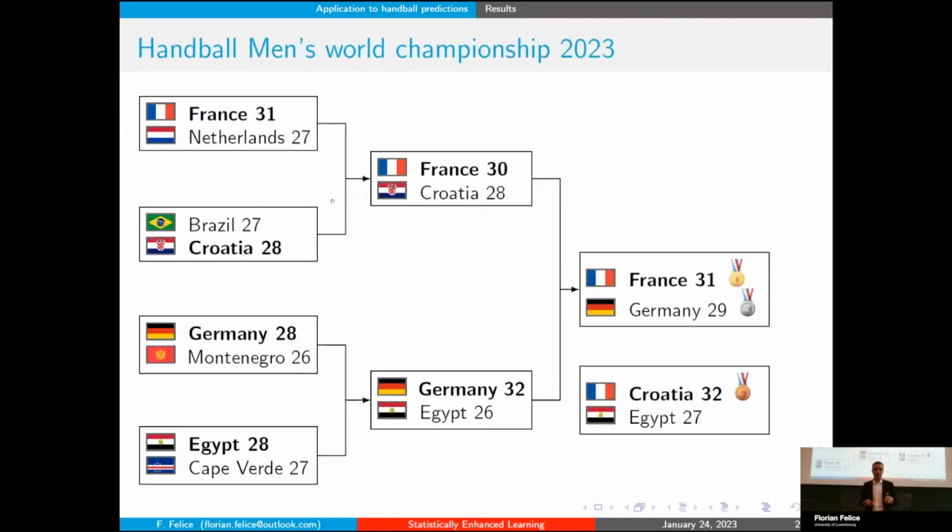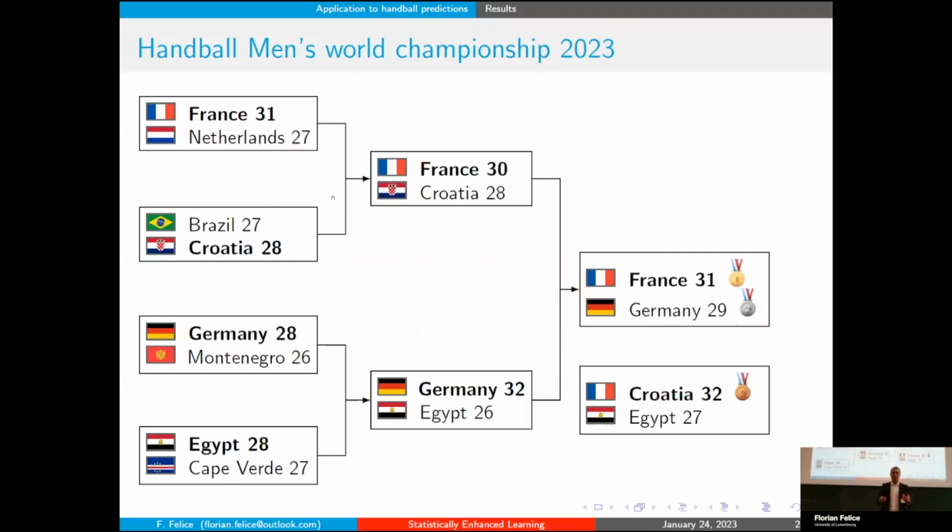So then, if I were to make a bet today on what would be the future games, this is what I would present. I'm not biased, my model did that, and I'm still predicting that France will win in the final and will be world champion by the end of the week versus Germany.